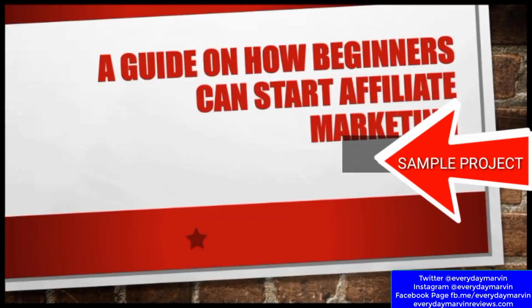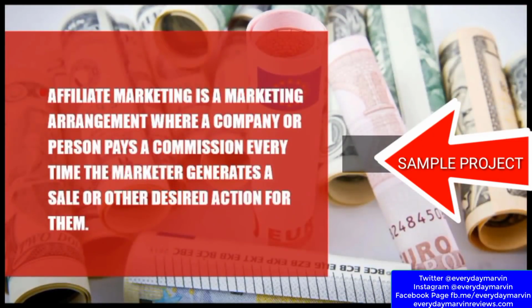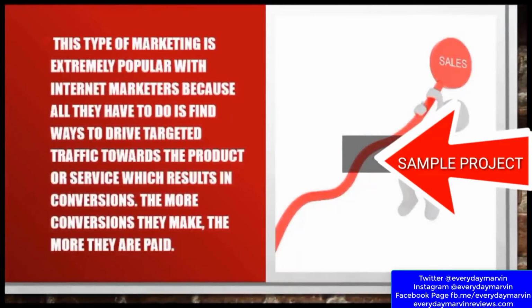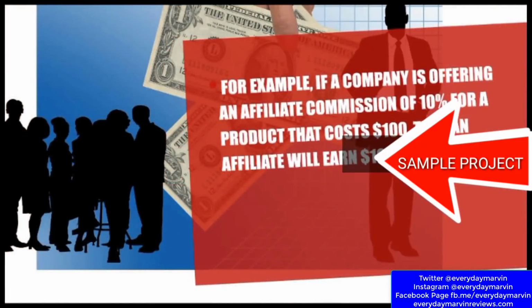a guide on how beginners can start affiliate marketing. Affiliate marketing is a marketing arrangement where a company or person pays a commission every time the marketer generates a sale or other desired action for them. This type of marketing is extremely popular with internet marketers because all they have to do is find ways to drive targeted traffic towards the product or service, which results in conversions. The more conversions they make, the more they are paid. For example, if a company is offering an affiliate